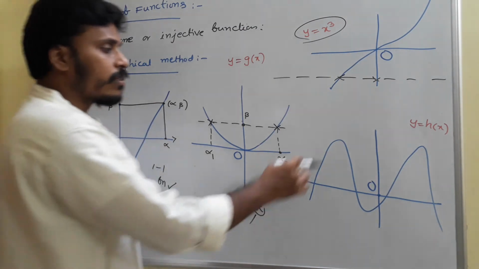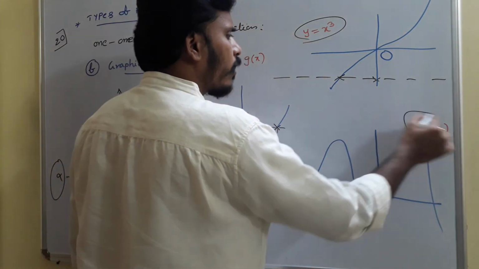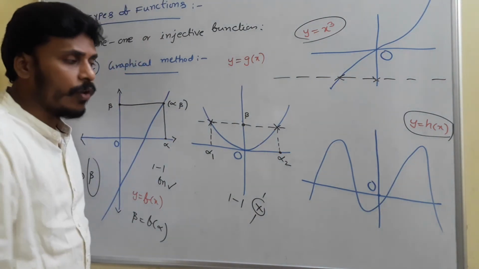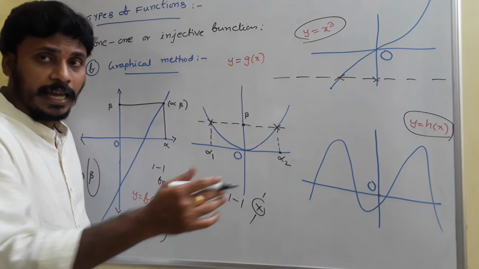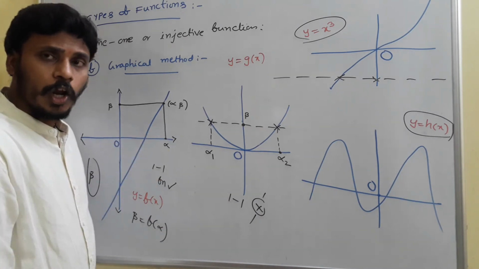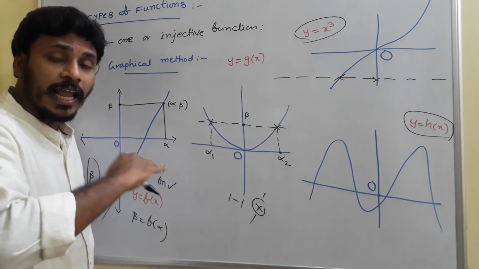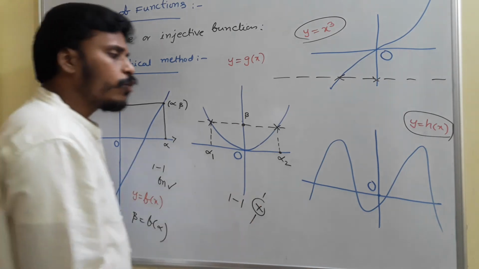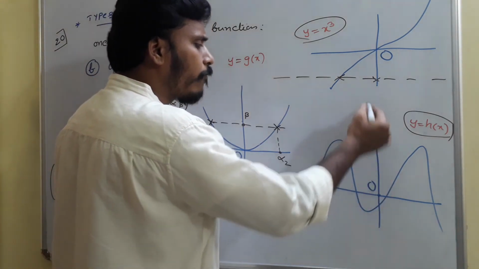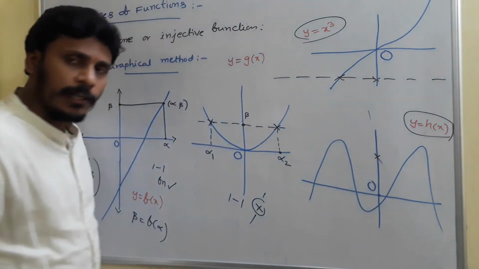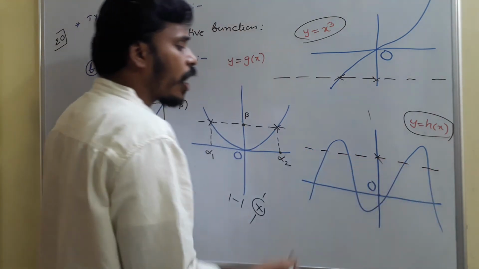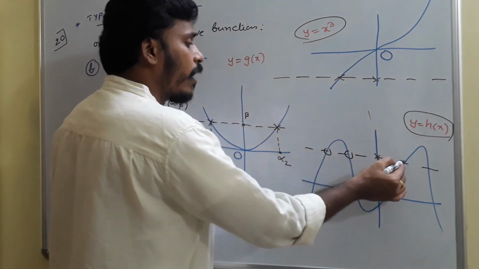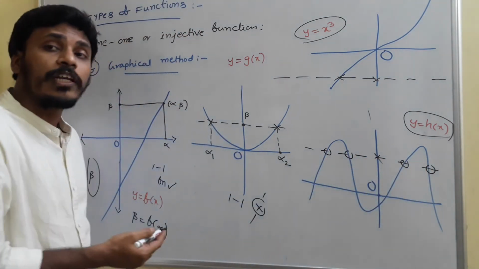And when you look at this, I have a graph, and I just named it y equals h of x. This curve is a graph for a polynomial or a trigonometric function or the like. To check whether it is 1-1 or not, we need to draw horizontal lines at different points of the y-axis. You just take a point on the y-axis anywhere you wish. Suppose I take it here, and you draw a horizontal line. This horizontal line is cutting the graph at many points, right? And that's why it is not 1-1.